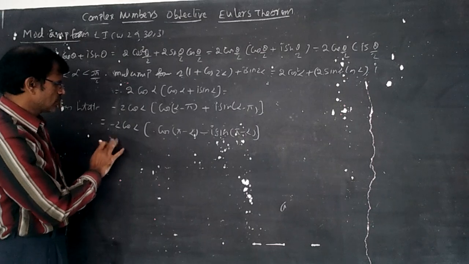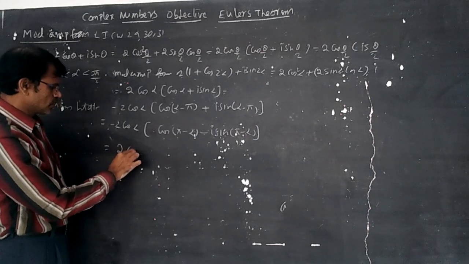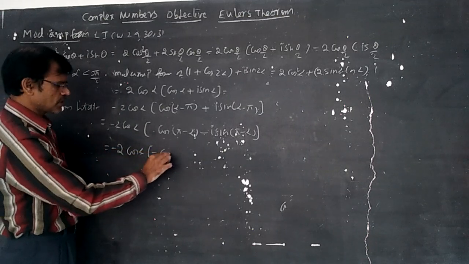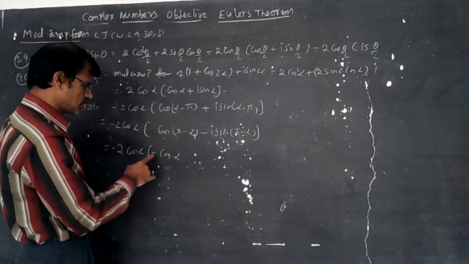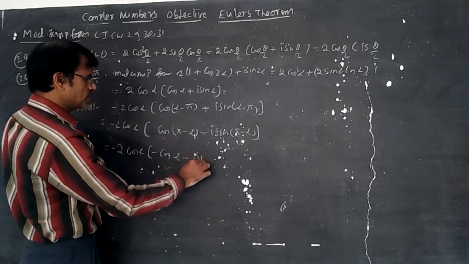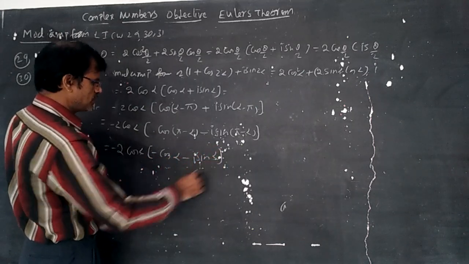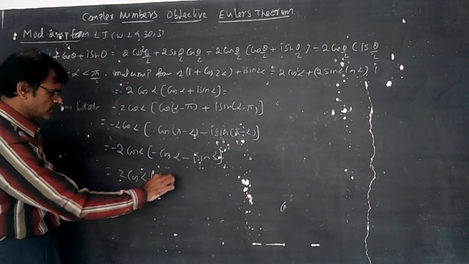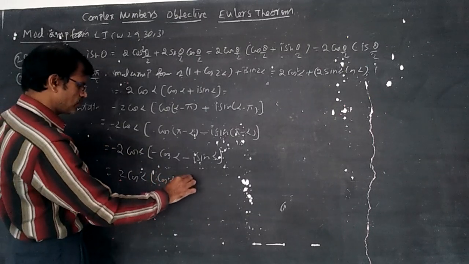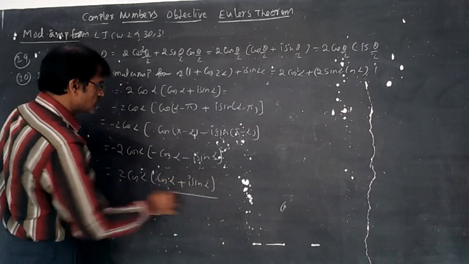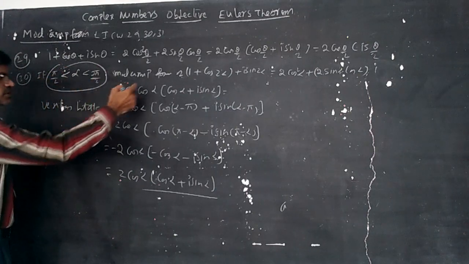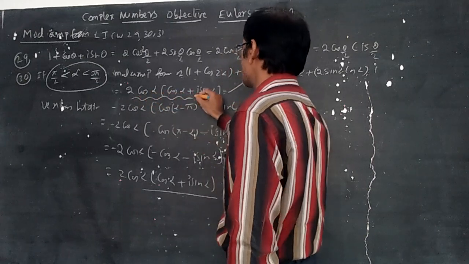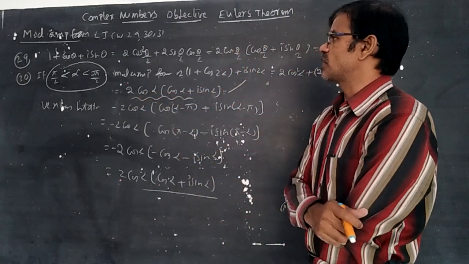Multiply here with minus 2 cos alpha. Into this we could put minus: this becomes cos of 180 minus alpha, which becomes minus cos theta here; and minus i sin of 180 minus theta means sin theta. So with minus we multiply, so 2 cos alpha into this minus alpha becomes cos alpha plus i sin alpha. So depending upon this condition, we have simply converted this angle. So 2 cos alpha into cis alpha is right if it is in the first quadrant. It is okay.